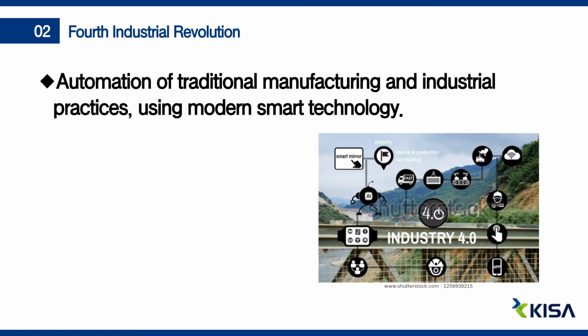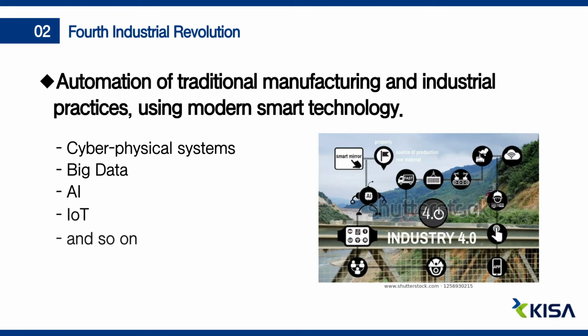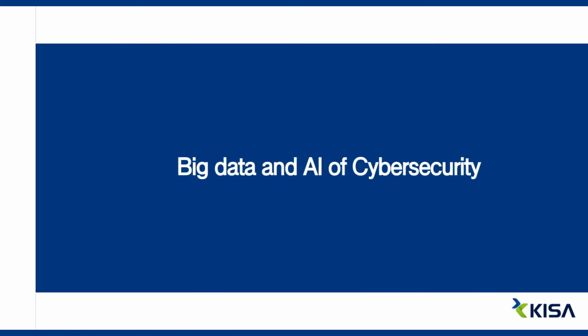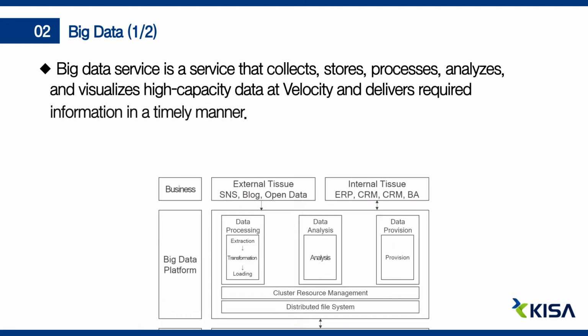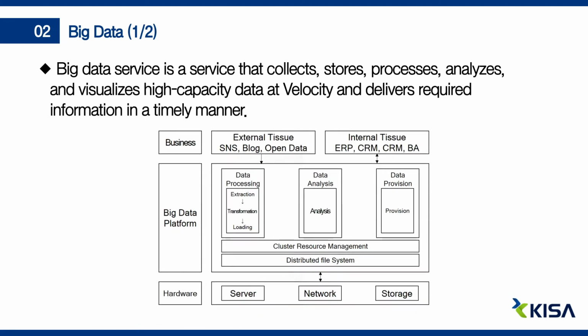The 4th Industrial Revolution consists of many components when looking closely into current social and digital trends. There are cyber physical systems, big data, AI, IoT, and so on. This is big data and AI of cybersecurity. Big data service collects, stores, processes, analyzes, and visualizes high-capacity data at velocity and delivers the required information in a timely manner. The big data architecture is an architecture that controls and efficiently manages internal and external data within an